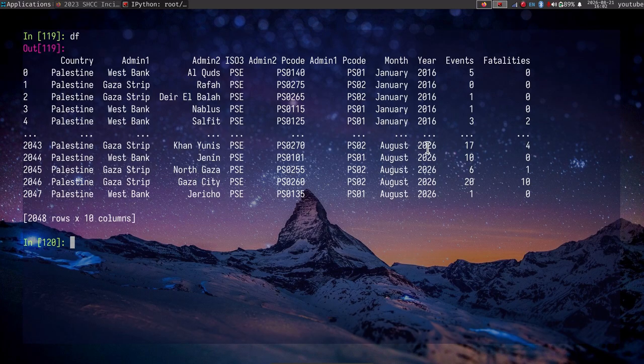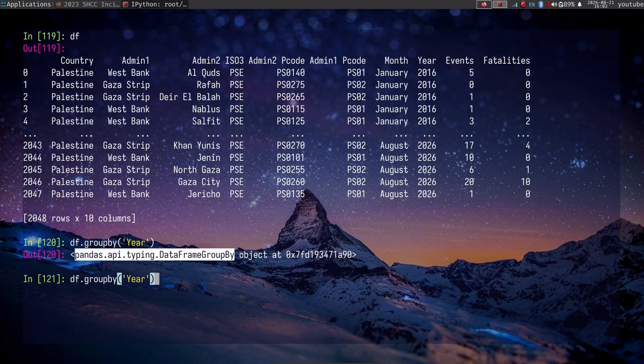Let's group according to the years and the fatalities and the events. For that, there is a function called df group by, and maybe we're going to group year wise. Once we do this df dot group by year, it's going to give us a data frame group by object. So over this object, we can say that now we group by these